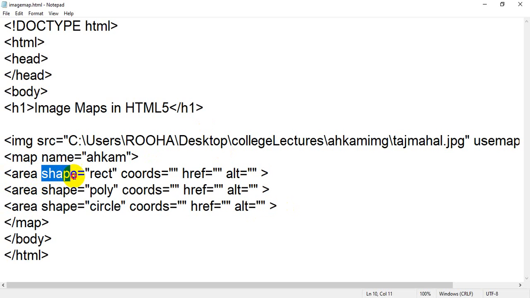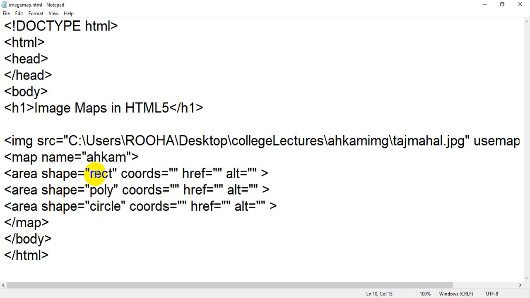Okay, in examination there might be a question like, what are the valid values for shape attribute? So shape is an attribute of area tag, and the valid values: the shape can be a rectangle. So rectangle is a shape, but the value of shape attribute is rect.